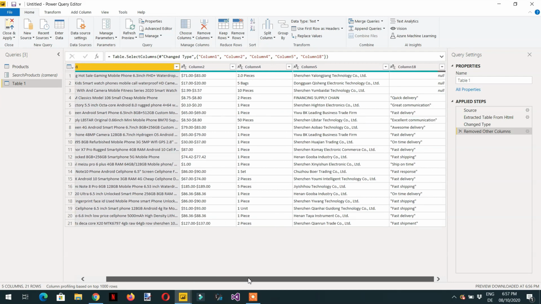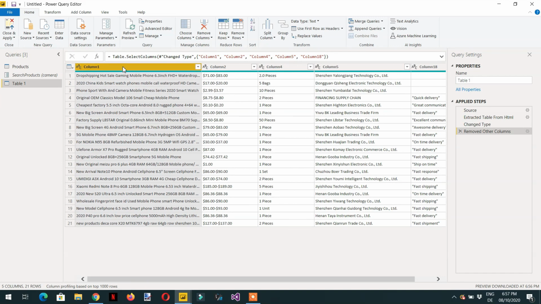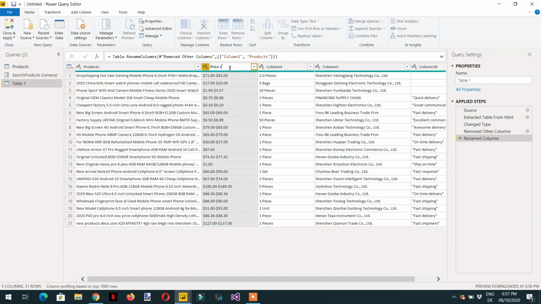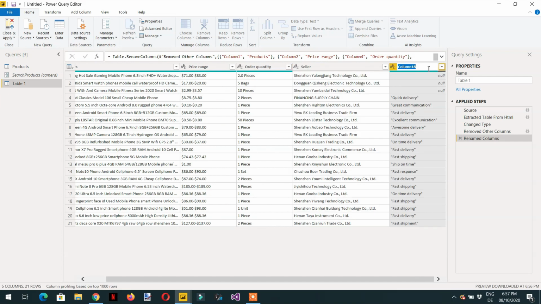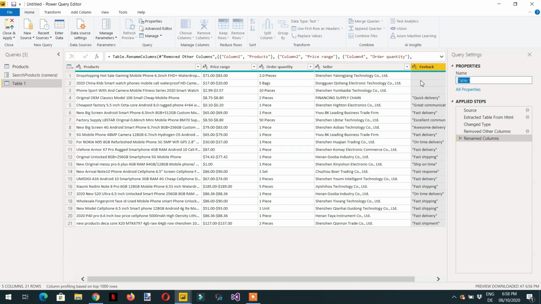Okay, so at the end we need these columns for all the related search terms. So just rename it like products. This is the price range, order quantity, this is the seller, and this one is the feedback. That's it, right? We can just rename it final products,